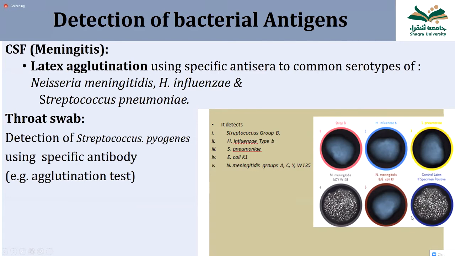So it is a kit for meningitis, and in the CSF sample, we put a drop of CSF sample and a drop of this latex and mix, and in which the test is positive, read the name above that, and that bacteria is causing infection in that case. So in the similar way, for other diseases, other kits are there for agglutination to detect which bacteria is causing infection. So this is basically detection of the bacterial antigen in the sample. This is another method of making the diagnosis of the infectious diseases.